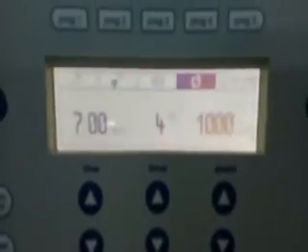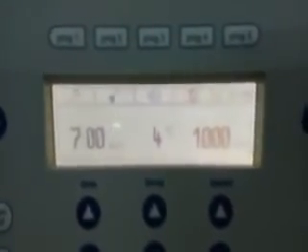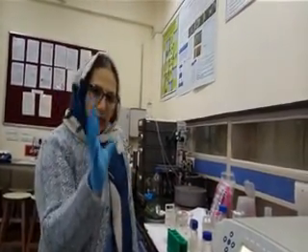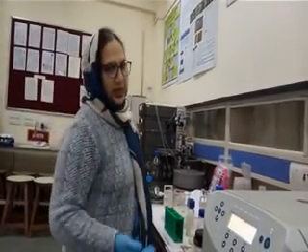Let the process complete, and after 7 minutes we will take our sample again. Then again, as you understand, this is centrifugation, so what will happen, we'll get two fractions. One fraction is your soluble fraction, that's the supernatant, okay, and one is the pellet. Okay, now in this step our pellet contains the chloroplast. Okay, so we are interested in isolating the pellet. Okay, and the soluble fraction contains your mitochondria, other things as well.